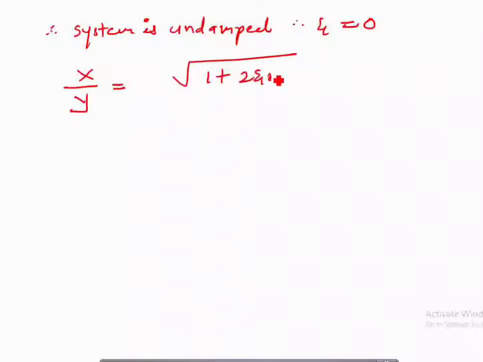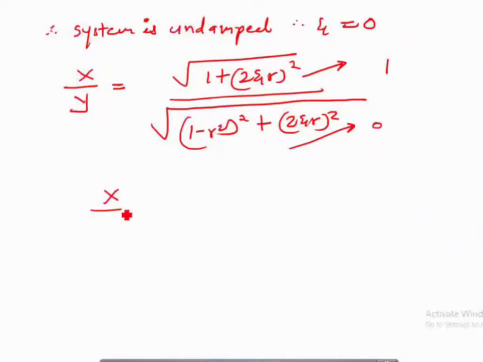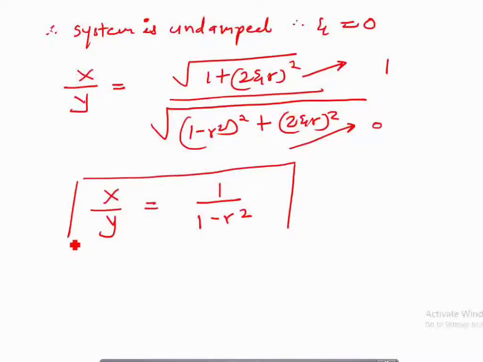1 plus 2 zeta r, bracket square, divided by, the denominator is always the same, 1 minus r square, bracket square, is 2 zeta r square. Okay. So now this term will become 0, and finally only 1 will remain here, and again this term will become 0. So I am getting x upon y is equal to 1 upon 1 minus r square. This is the modification of the force equation of forced vibration to the support excitation, that is motion transmissibility